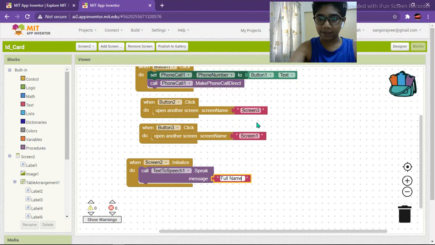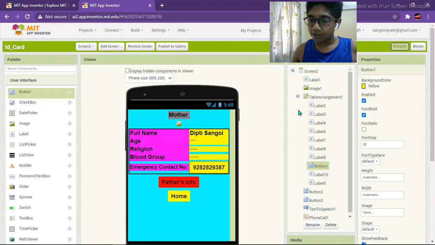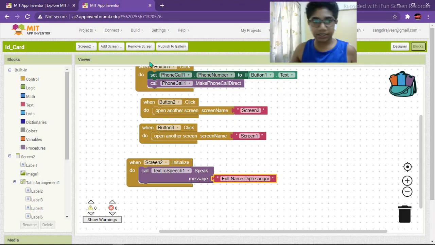So just give a space in between and write your mother's name, and similarly fill all other information. So that's all for screen 2.